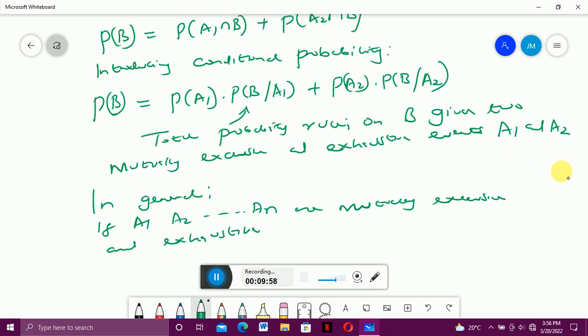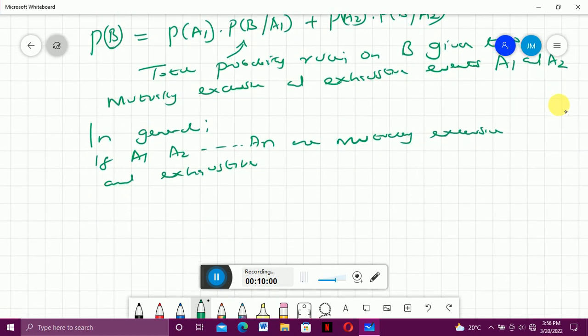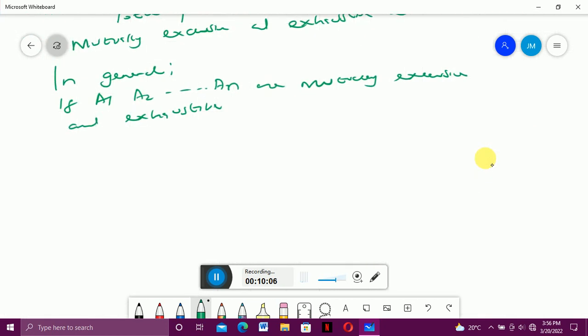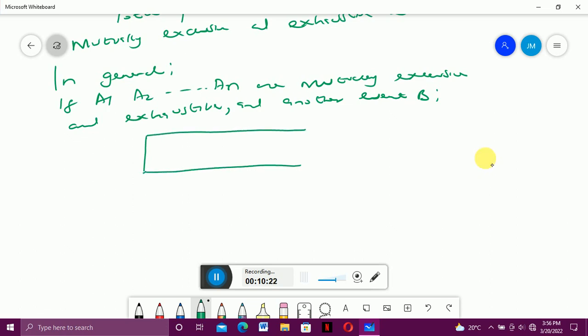If we have A1, A2, all the way to AN as mutually exclusive and exhaustive events, and another event B, we can illustrate this in a diagram. So we have A1, we have A2, and events all the way to AN. And if we have another event B